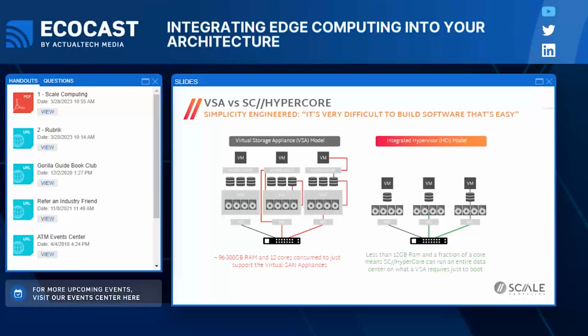One of the downsides, or one of the considerations on the edge especially, is that the VSA application requires an enormous amount of resource, a lot of RAM for caching, a lot of CPU cores to serve up the storage. It's basically doing all the network protocols, using iSCSI or NFS, just to provide storage to applications that are running locally. We designed and developed a fully integrated HCI model where the storage layer is built right in, and that makes it very, very efficient.